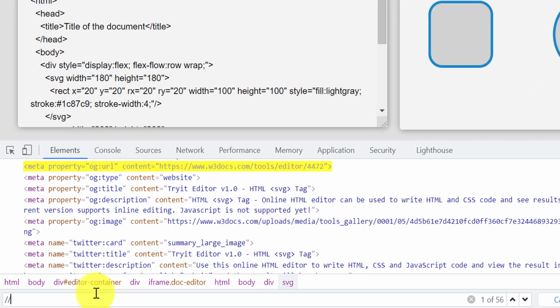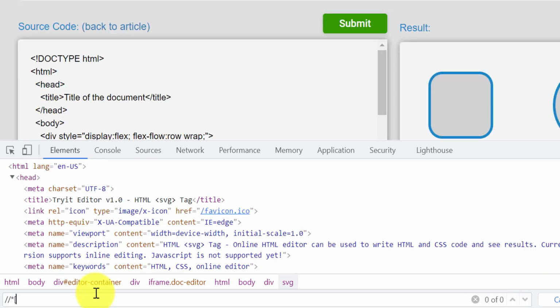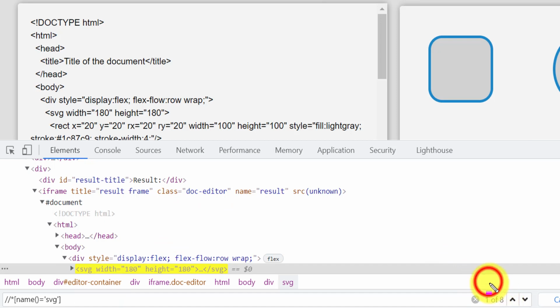Here what we have to do is give double slash, which means any tag, give star, any tag, then bracket, provide the name function, name equal to, since I want the tag with SVG. I will provide name equal to SVG in single quotes and close the bracket. Now you can see it is showing 1 of 8, meaning a total of 8 elements are there having this SVG name.